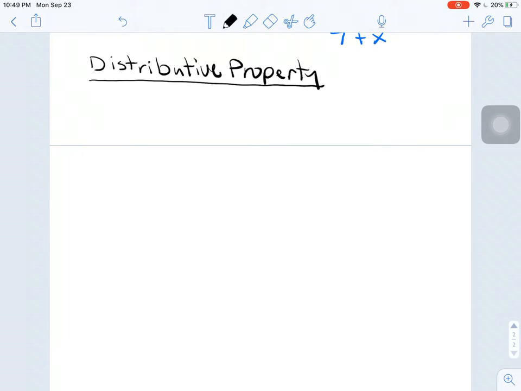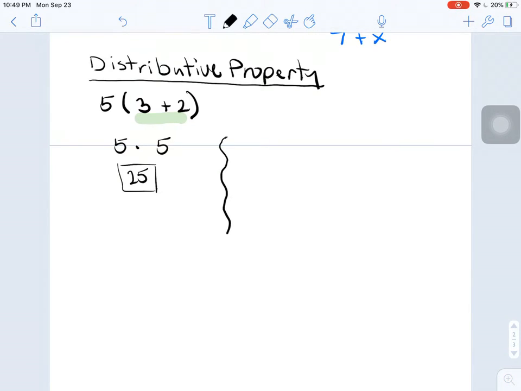So an example of the distributive property might be something like this. Maybe I wanted to do this problem. And I'm actually going to work through the problem both ways so that you can see that it gives the same answer either way. If I wanted to solve this problem following order of operations, then I would need to start in the parentheses and do the 3 plus 2, which would give me 5. So that would turn this problem into 5 times 5, which is 25. So we know the answer to this problem is supposed to be 25. So now, keep that in mind. We are going to